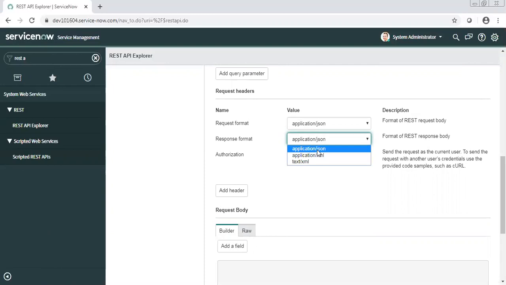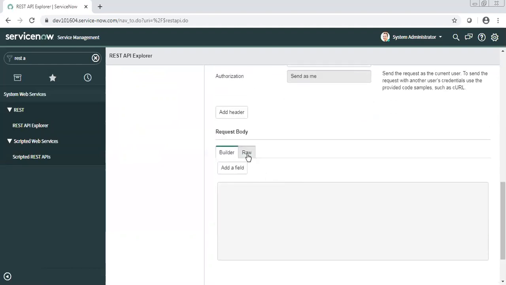If the third party tool is not capable of sending JSON, and they say they can only send XML, you can select the XML content type here, and then you can use this query builder.